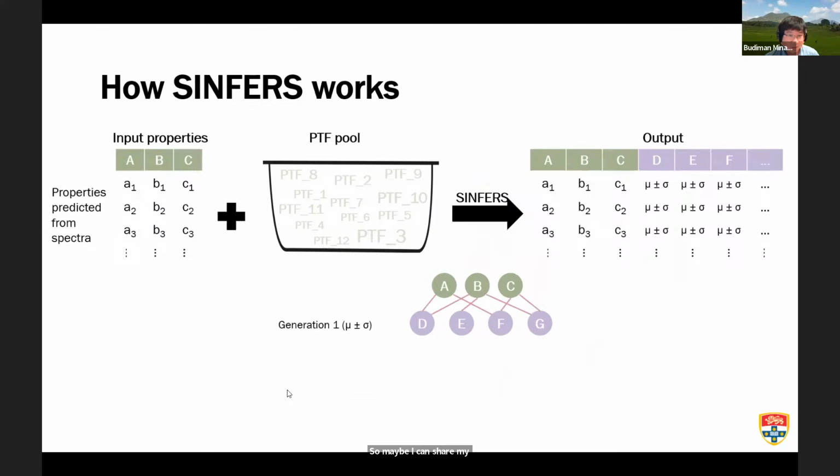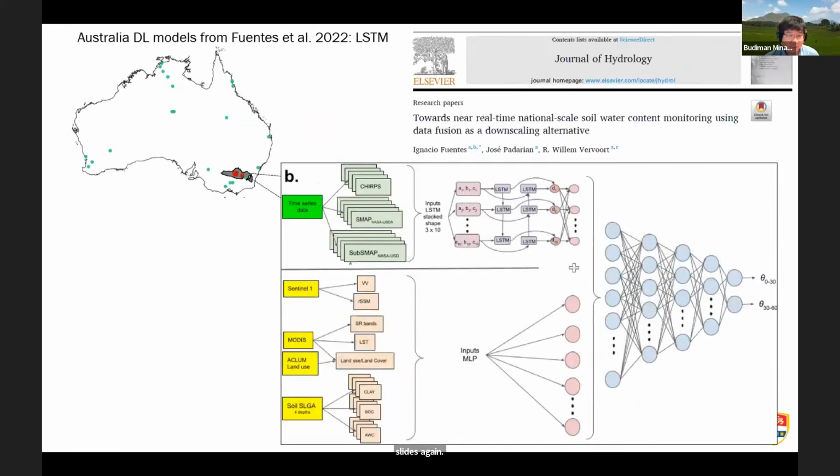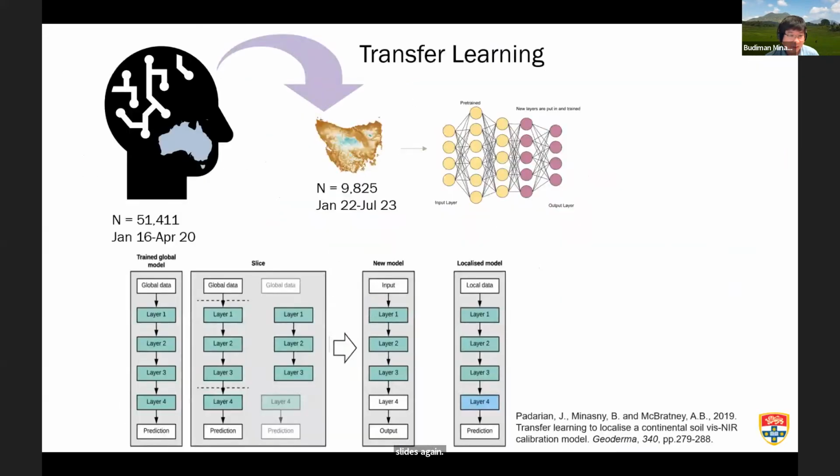That the machine learning model is made up of different layers. For example, in this example, I have 4 layers. This is just an example. This is the Australian model that I can make, that I train as the full model. So it has 4 layers. But